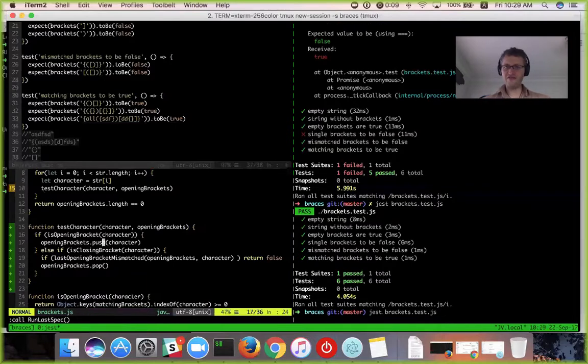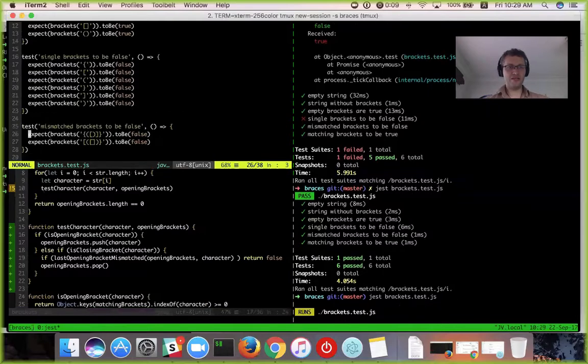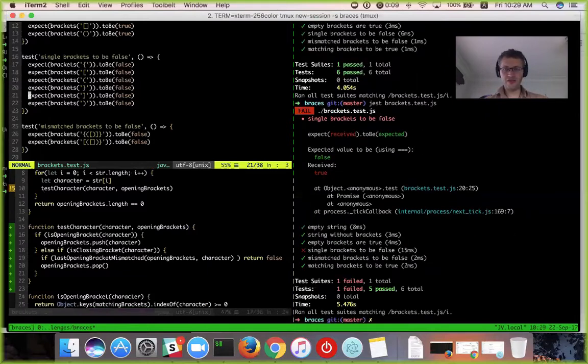And this one is saying it's failing on me, single brackets to be false, which means that one of these tests up here, don't you love test suites? That means one of these ones is with respect to false, but it's returning true, which means opening brackets isn't being pushed yet. So that means that the push is,